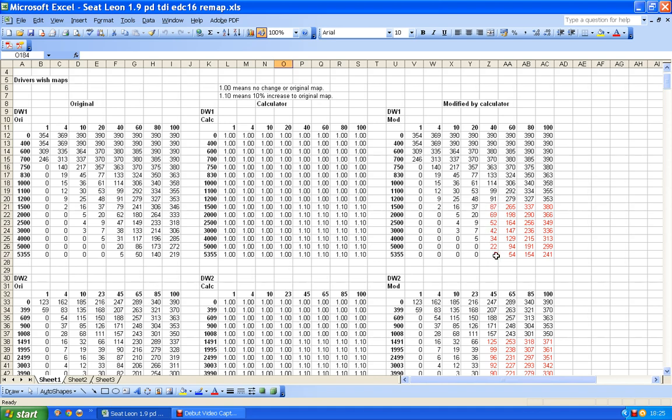But the figures in red have been increased by 10%. Now, I've used conditional formatting on this, which you can't see, but basically, if there's no change, it will be displayed in black. If there's a minus change, the numbers will be displayed blue, and if there's a positive change, in other words an increase, they will be displayed red. So that's why that's red. So I don't have to make it red when the Excel formatting does that for me.